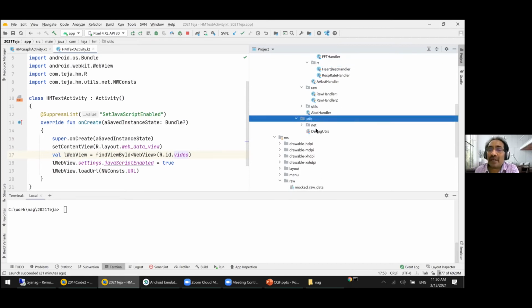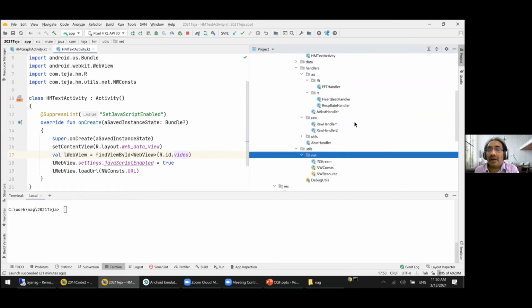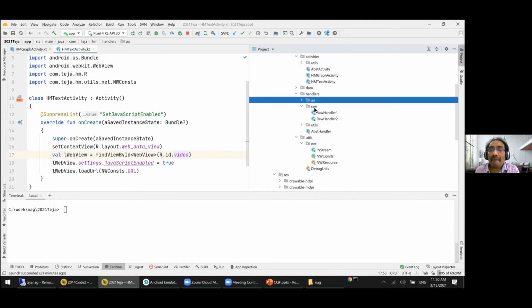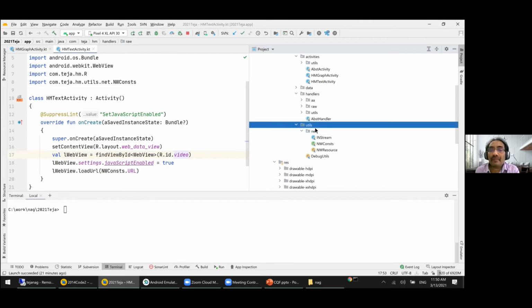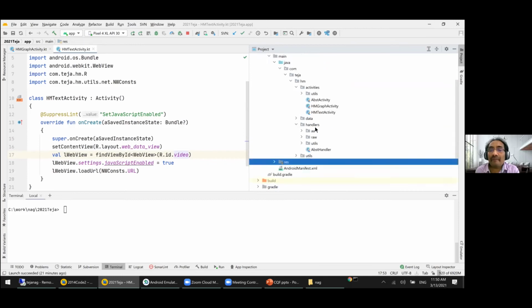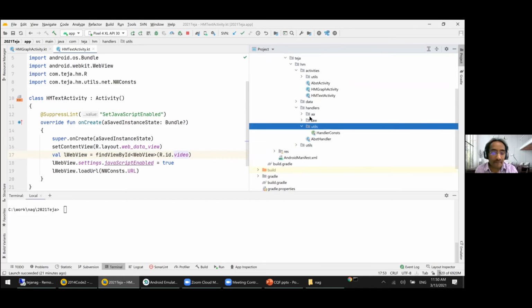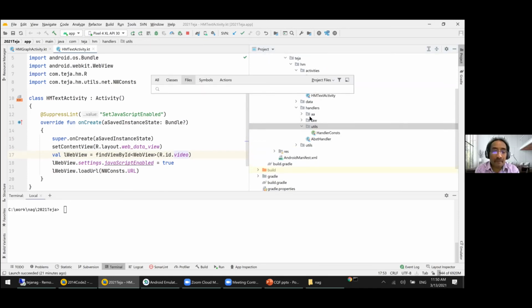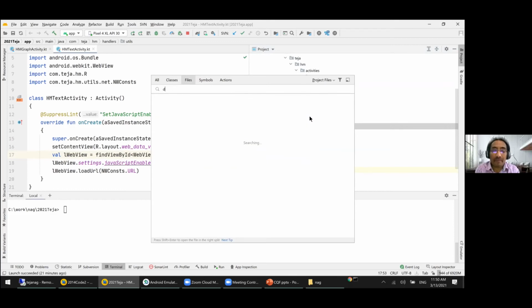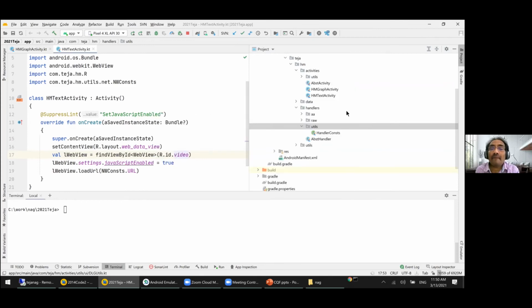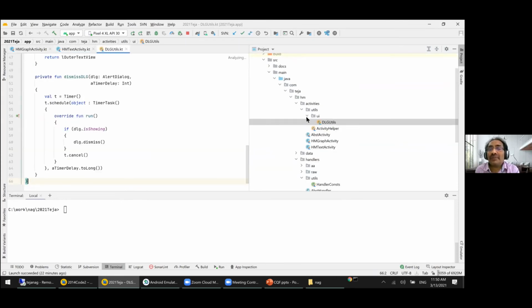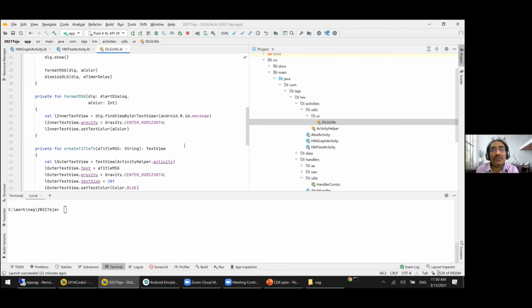And then, you also have dialogue utils, UI utils, which is supposed to show the dialogue.